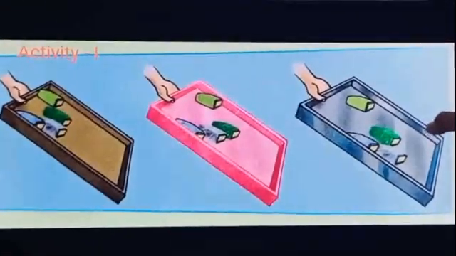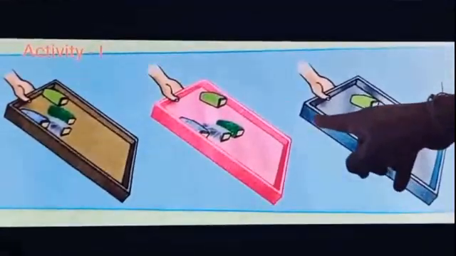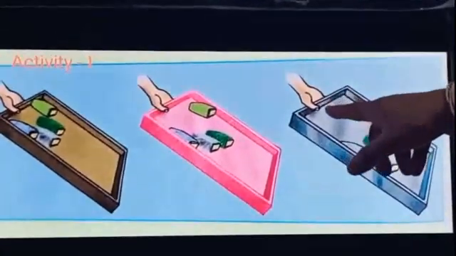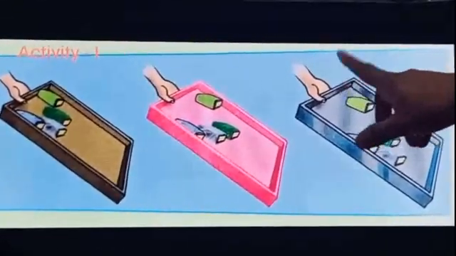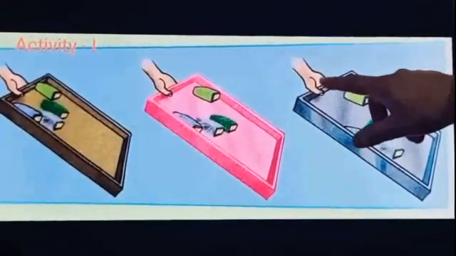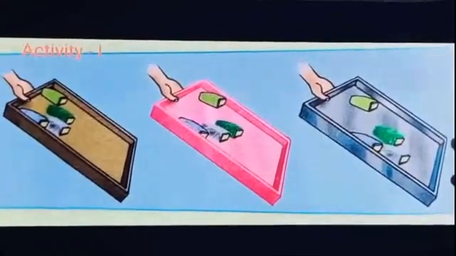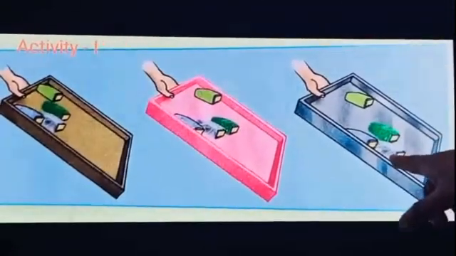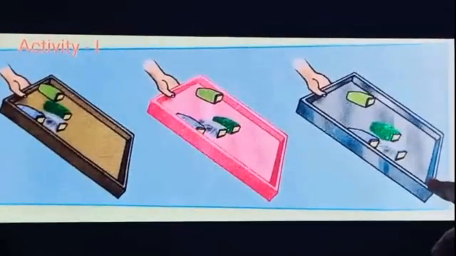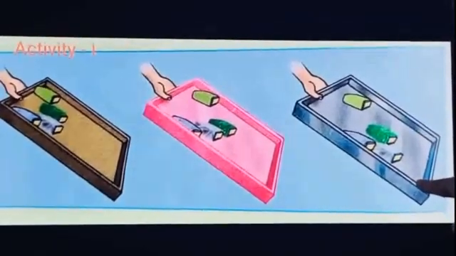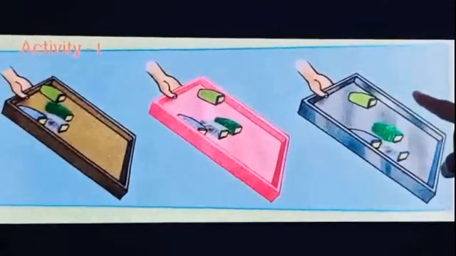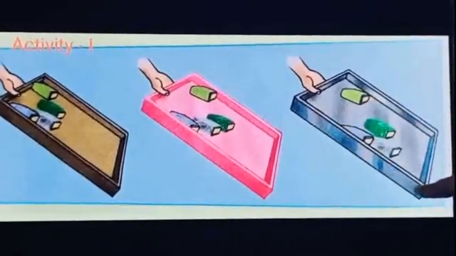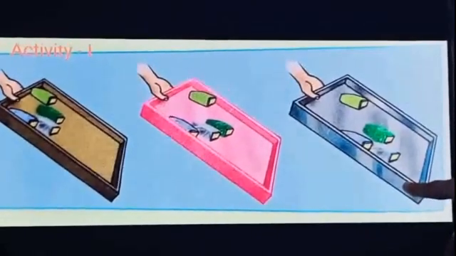Now we repeat the same experiment on the metal tray by placing all the 4 matchboxes at one corner, lifting the end of the tray upward and tilting it. We observe the same result, but this time the plastic matchbox reaches the second end faster, which shows that now the friction between the matchbox and the metal plate is less as compared to the wooden tray.